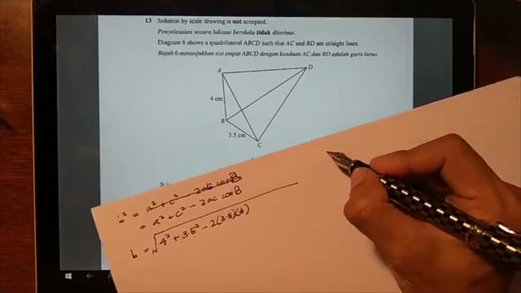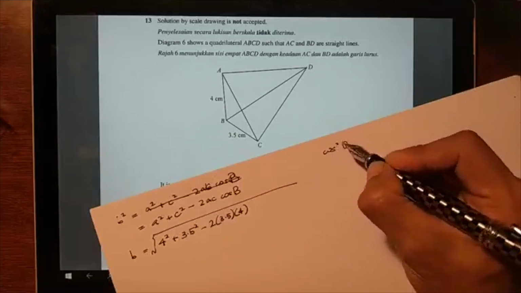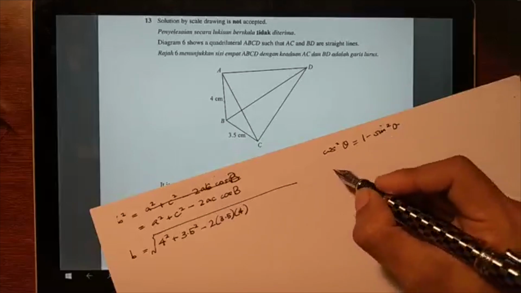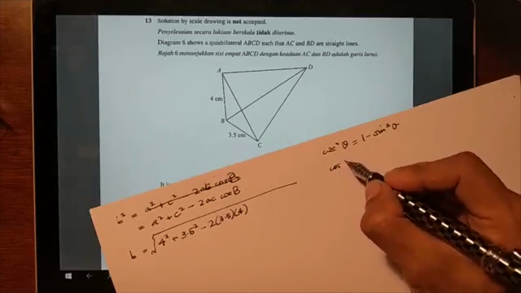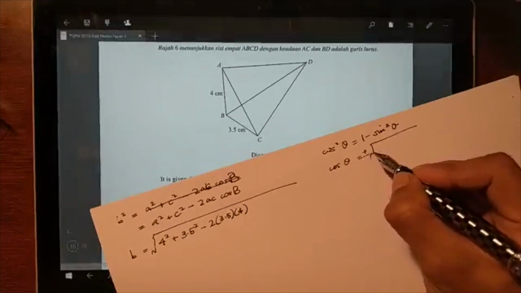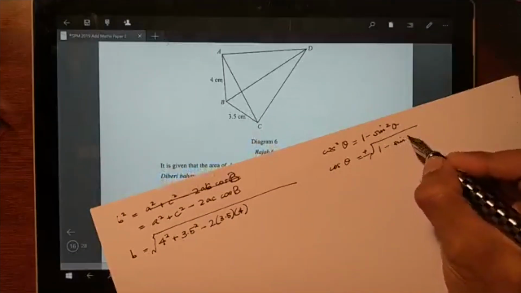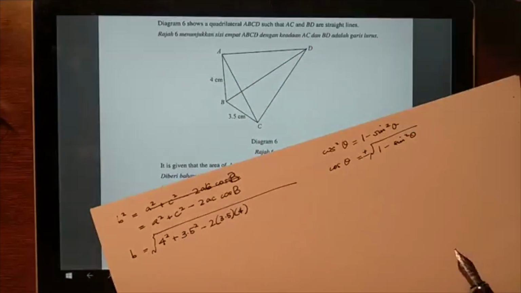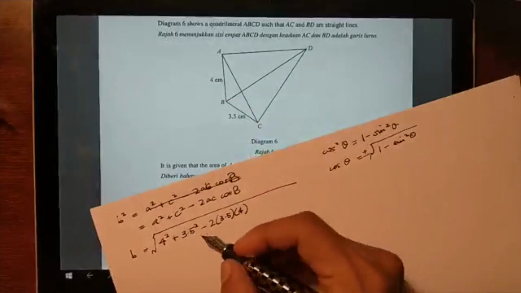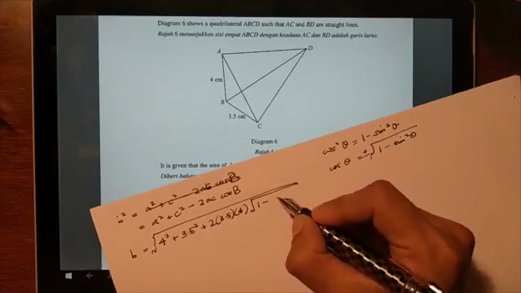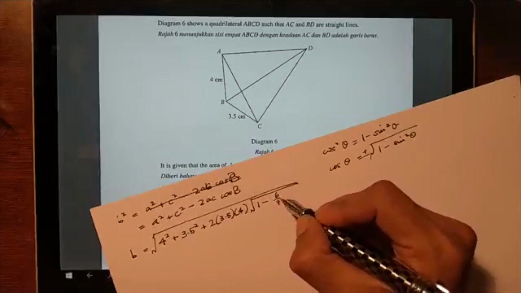So while we know that cos squared theta is equal to 1 minus sine squared theta, you have to always be really careful about cos theta. Is it the plus or is it the minus root, right? And since we know this is an obtuse angle, it should be the negative root, right? So we're just going to convert that to negative and take 1 minus sine squared